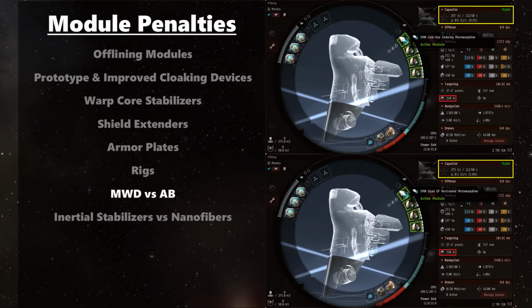Finally, MWDs require more advanced piloting. I'm not going to go into great detail here, but you definitely need to know how to spiral when using one, and it will require greater module management. What I mean by that is that you'll frequently need to turn it on and off in order to conserve cap and or reduce incoming damage. Anyway, spiraling is a pretty important skill, so I'll post Azual Skoll's tracking and spiraling video in the comments down